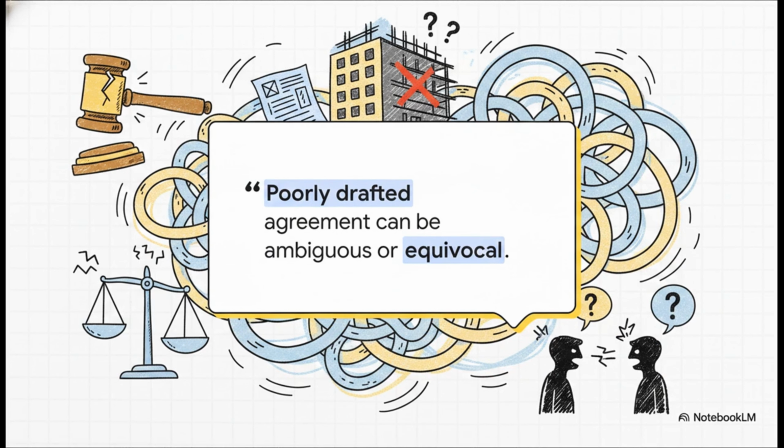To really wrap our heads around this, imagine this comic case scenario. You've got project director Arjun on one side and client representative Ms. Kapoor on the other. They are locked in a massive disagreement over a huge construction project. I mean, millions of dollars are on the line here. But the absolute tragedy: their drafted agreement is so incredibly vague that they can't even agree on the basic rules for resolving their disagreement. It's a total mess before it even starts.